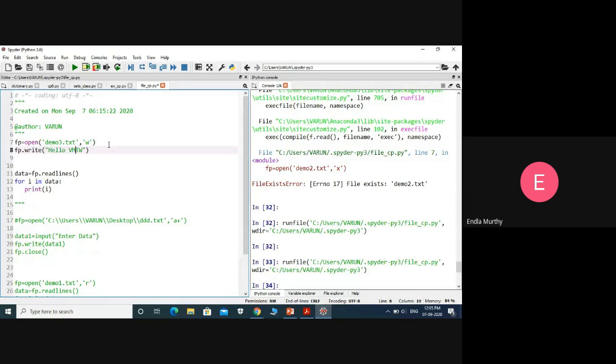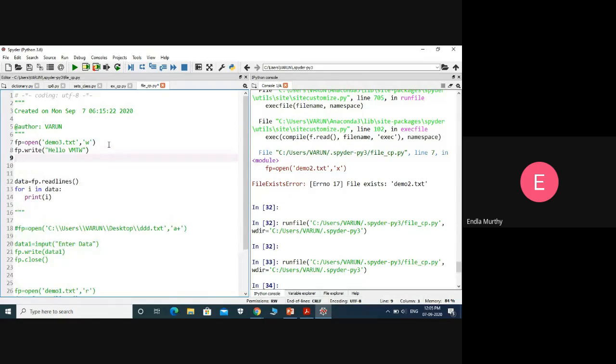Then I want to close this file, fp dot close. Closing means I'm closing the permission, using the close function fp dot close. If you observe these three lines, what is the meaning?